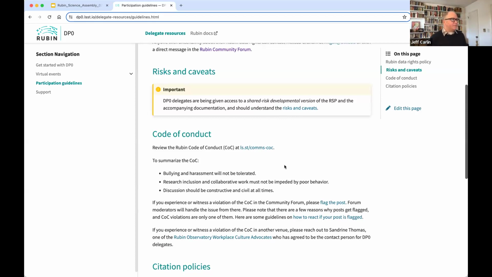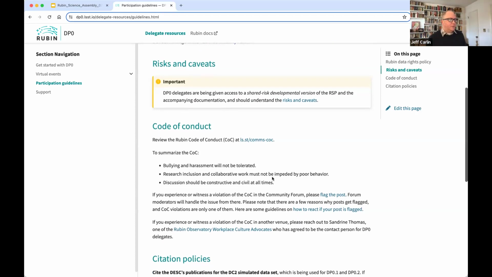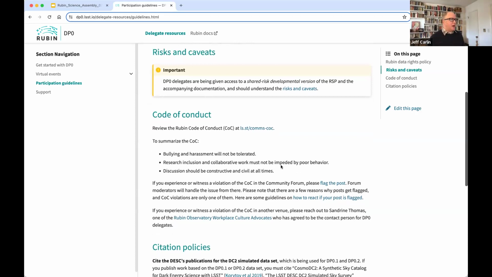I also encourage you to read and review the Rubin Code of Conduct. There are links here for who you can contact if you experience any violations of this code of conduct.